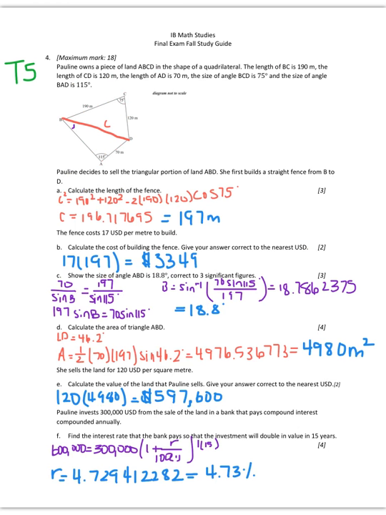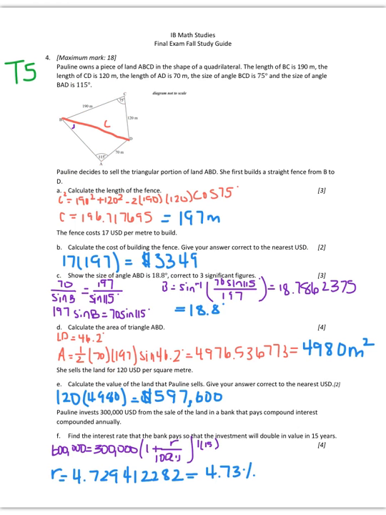So once we've done that, we can use our formula for the area of a triangle, which is 1/2 the two sides times sine of the included angle. So 1/2 times 70 times 197 times the sine of 46.2. And rounded to 3 significant figures, you have 4,980 meters squared. Make sure you have your units on here. Similarly to part B, she tells us that she's going to sell the land for $120 per square meter. So we multiply what we found in part D times 120, and you get